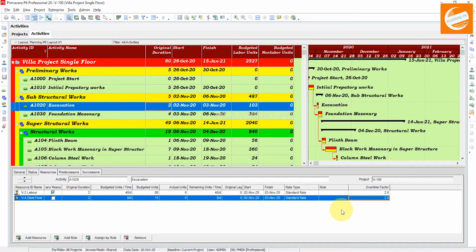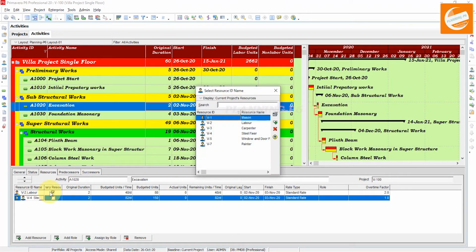Now you can see whether the factor will remain the same or not. I want to change the value to, say, 150, and the overtime factor will be 1.0. If I press no, it will remain the same.